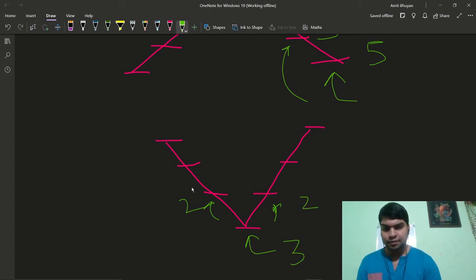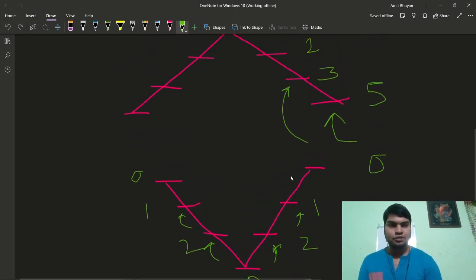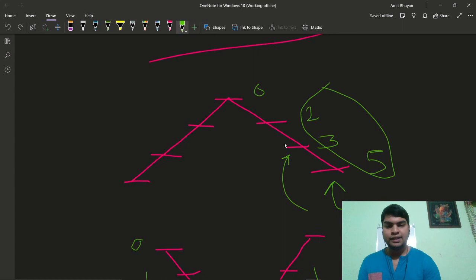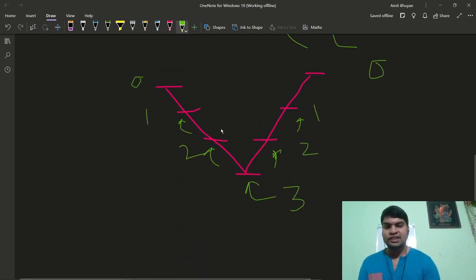Okay, the number of inversions for these two will be 1 1 1 1. Now this will be 0 0. Now count the inversions: 3 plus 4 plus 2, 4, 6, 9. So here we are getting 9, and here also we are getting 9. So you can see that the number of inversions doesn't change. So this is our logic.